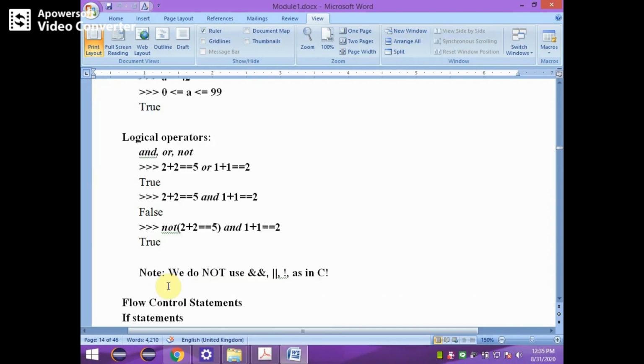In Python, the logical operators are and, or, not. We can combine two expressions with a logical operator. Here, 2 plus 2 equal to 5 or 1 plus 1 equal to 2. You are combining these two expressions with the logical operator or. You know that in an OR condition, if any one input is true, the output is true. Here 2 plus 2 equal to 5 is false, or 1 plus 1 equal to 2 is true. False or true gives a true. In Python, you use